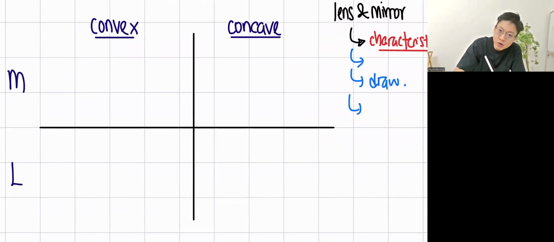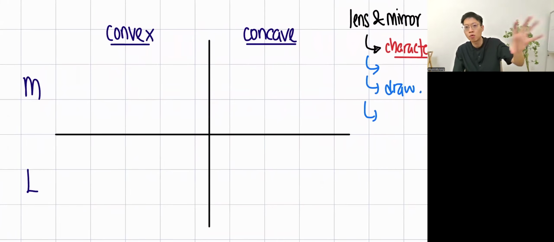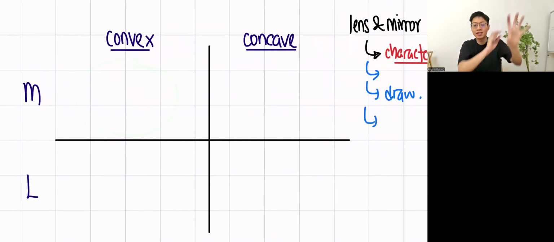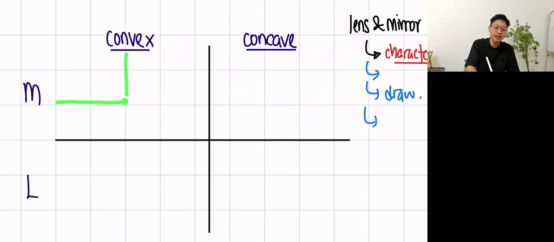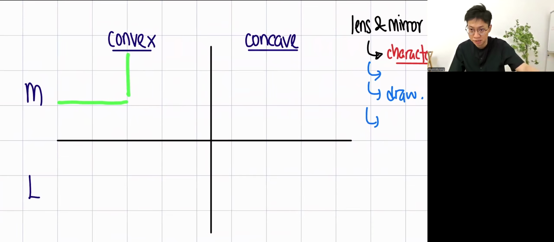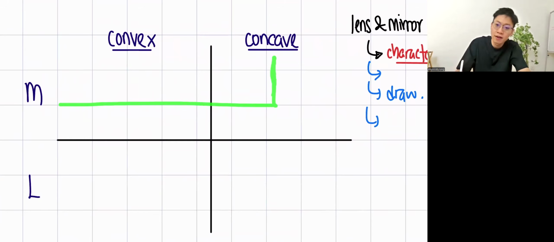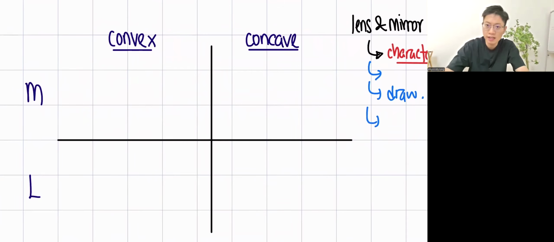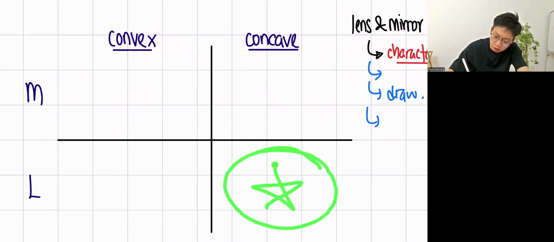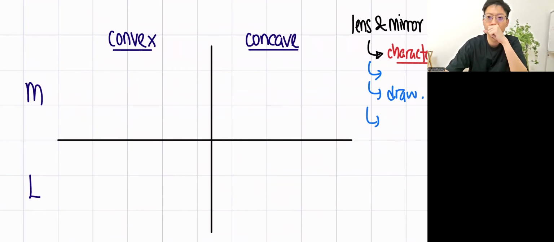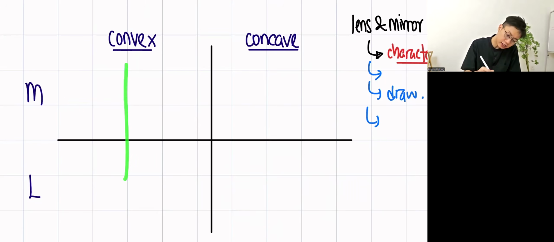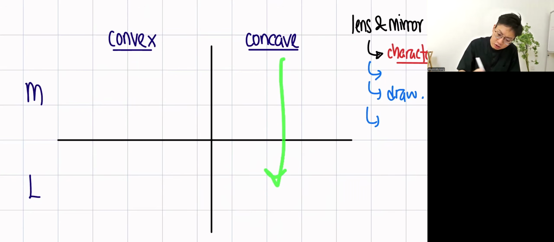Okay, if I ask you about this quadrant, the left top quadrant, that box, it means that it is a convex mirror. If I'm asking you for this box, it will be a concave mirror. So Jing, if I ask for this quadrant, this box, what is that? I want you all to know how to see the boxes first. So if this is convex lens, then this quadrant will be,